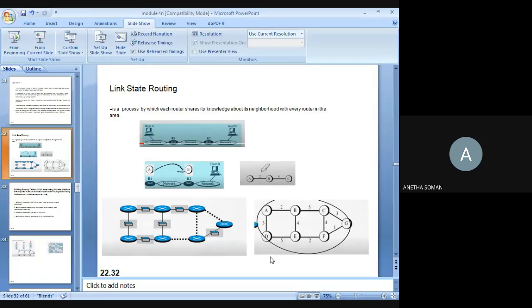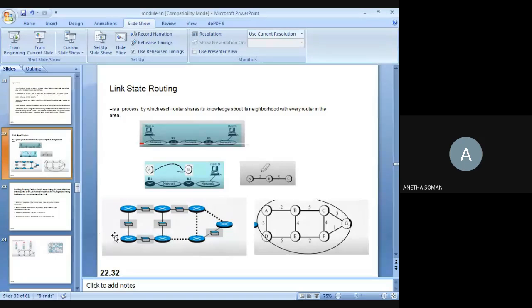Now suppose consider the network shown on the slide. Suppose you have a host A and a host B. You want to reach your destination from A to B. To reach your destination, maybe you have to pass through many networks. These networks are connected by routers. Here you can see three different networks and two different routers in order to deliver the packet from host A to host B.